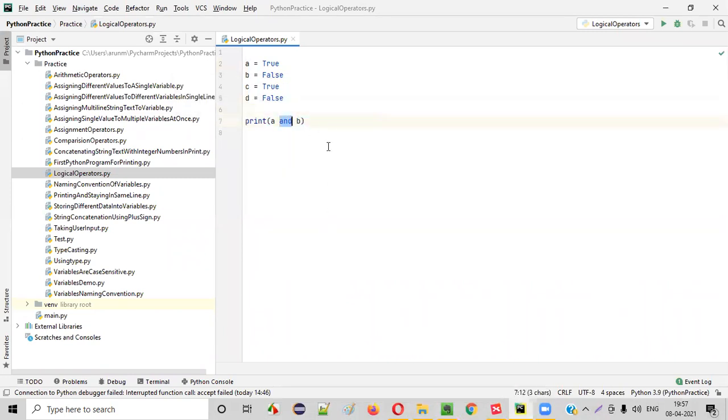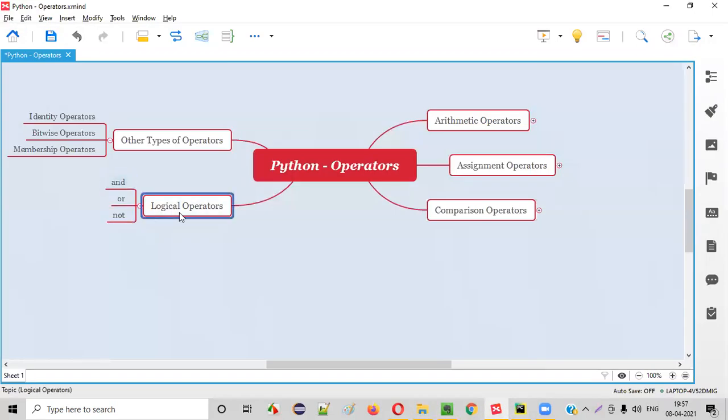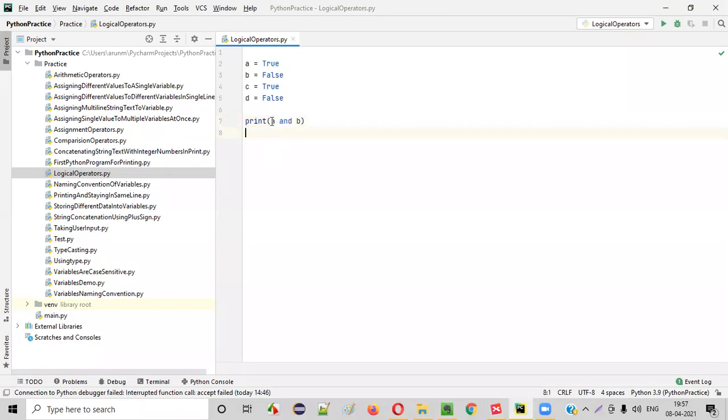Here AND is a logical operator. So A is holding true, guys, whereas B is holding false. Here A and B are the operands, AND is the operator, right? So if one of the operands on any of the sides of this logical AND operator is false, then the result will be false. Here A is true, but B is false. Since B is false, the complete result of this operation is false.